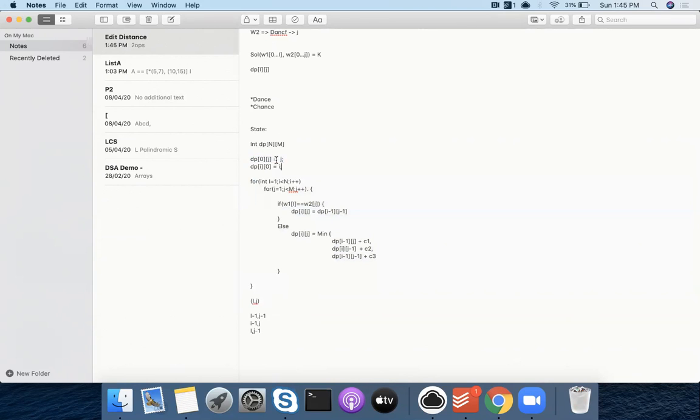Firstly, you fill for 0, comma j. Obviously, iterate and fill for i, comma 0. And then you do a for loop. And that's it. You are done. Your solution is DP[n][m]. Make sense? Right? It's like filling a 2-dimensional matrix.